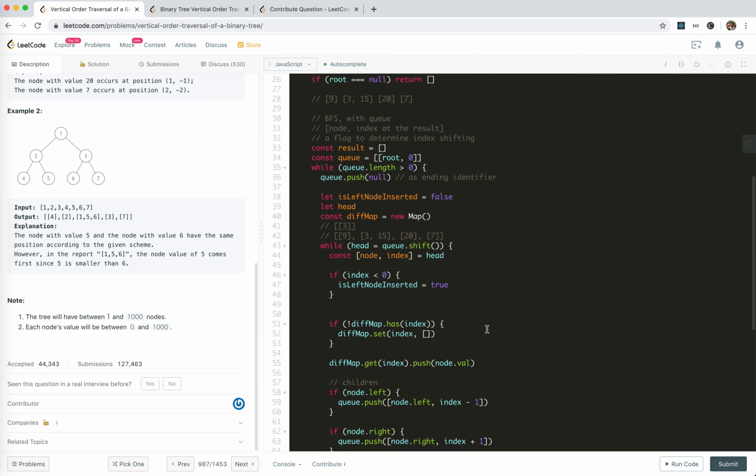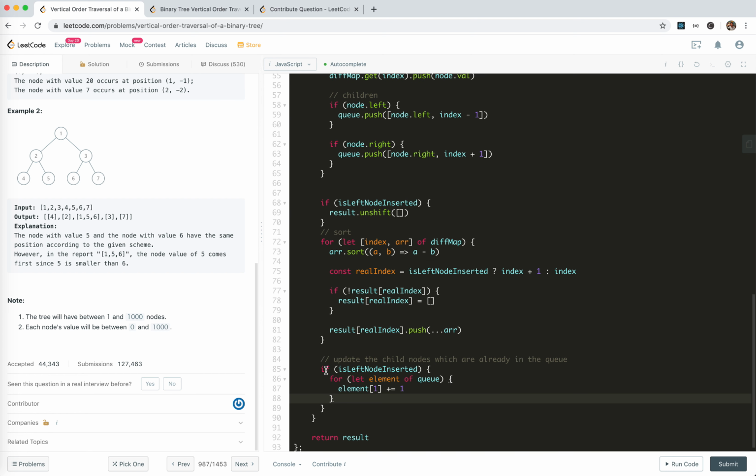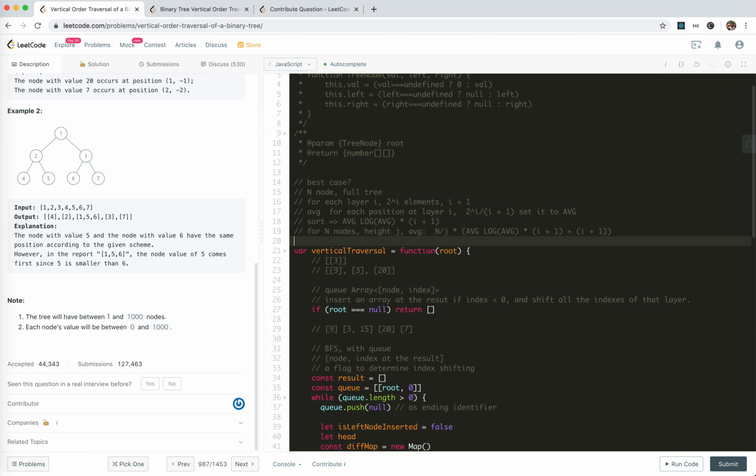And remember, we still need one extra i plus 1 to update the index, right? But it's obviously smaller than this, so we can omit it. I'll just put it here, i plus 1. Okay, so what would this be? Averagely, this will be i plus 1. We divide, times this, so it will be n divided by j times 2 to the power of i. Okay. So i equals